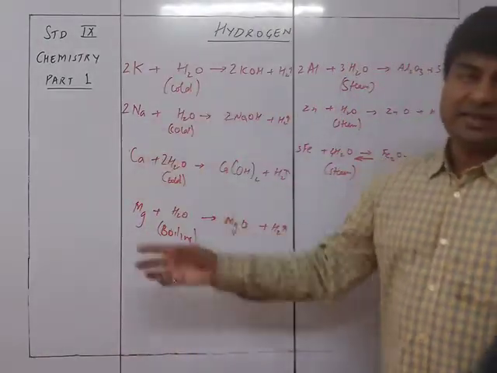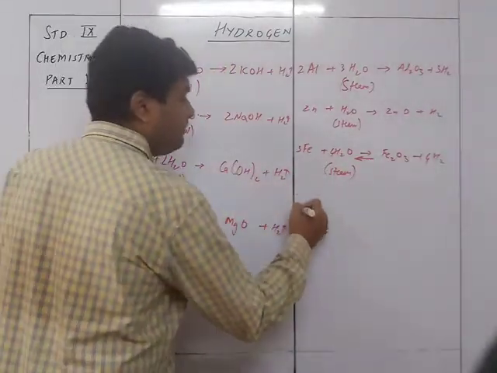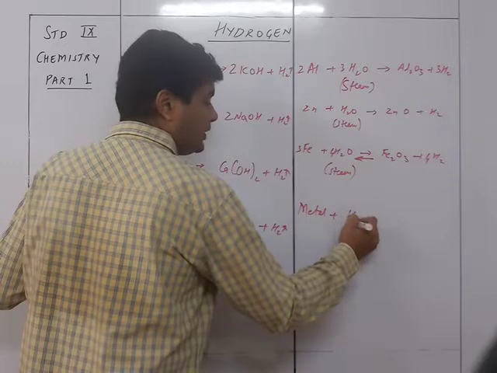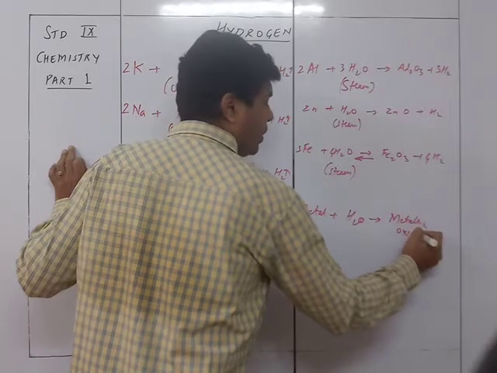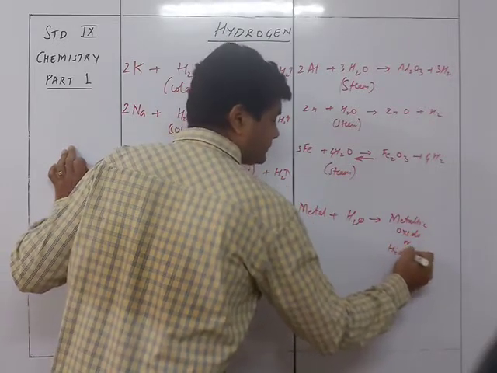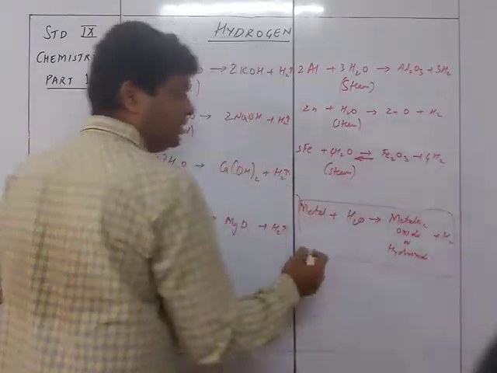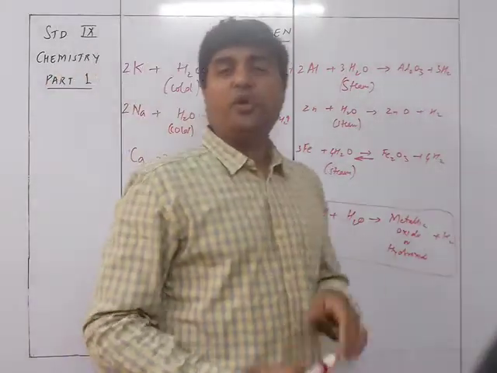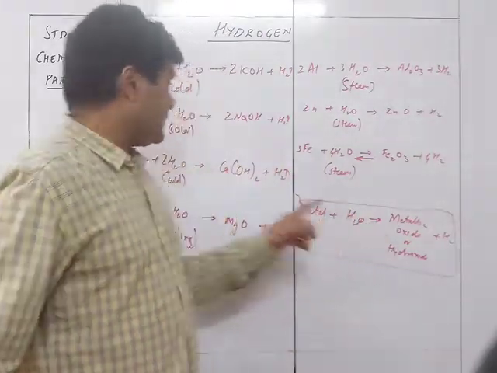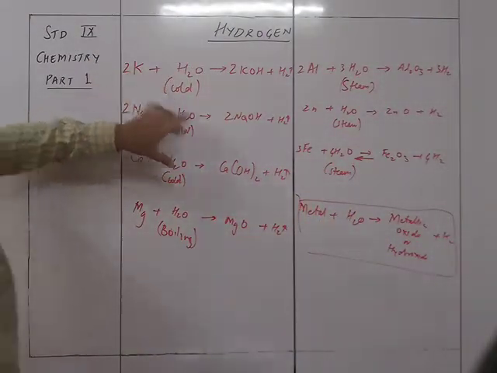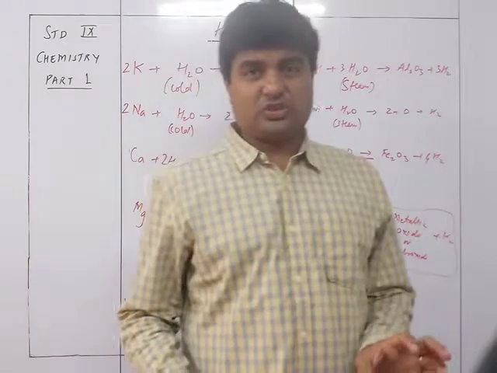Here you can see the simple reaction. We can easily say that the reaction is metal plus water gives you metallic oxide or hydroxide plus H2. This is the general reaction of the generation of hydrogen from water. If the metal over here is the first three, you get hydroxide, and if it is the next elements, then it is going to give you oxides. So oxides will be there,